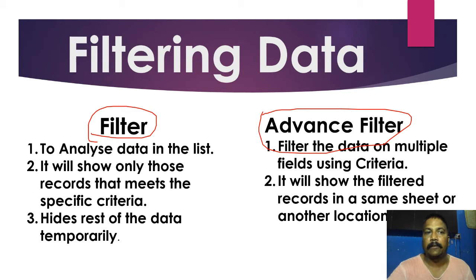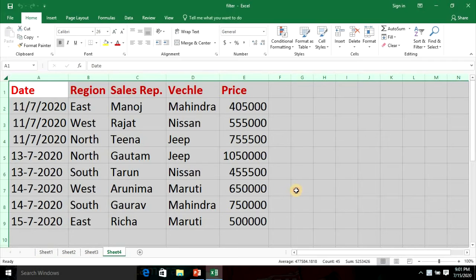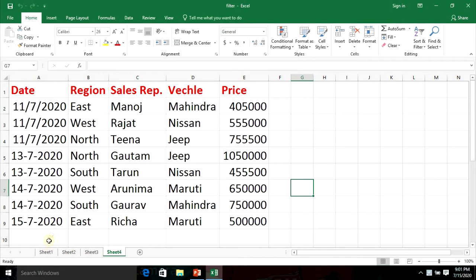Let's see it. So students, I am here with my Excel sheet. I am having records with me. Now when I am talking about my records over here, look, it is having field names of date, region, sales representative, vehicle and price.